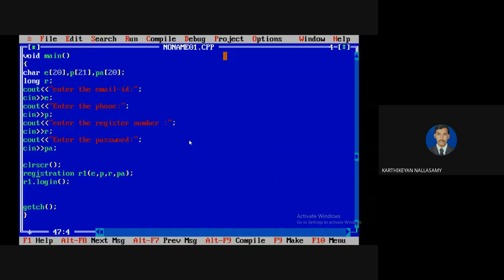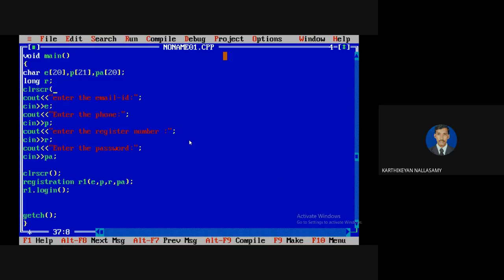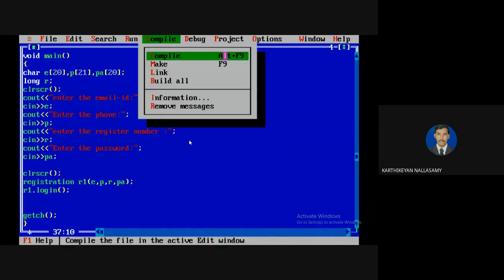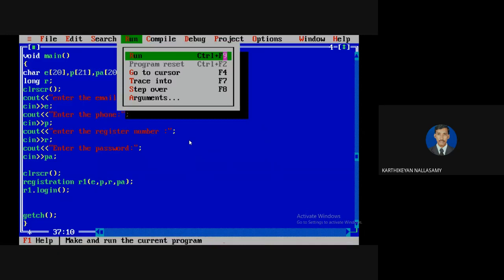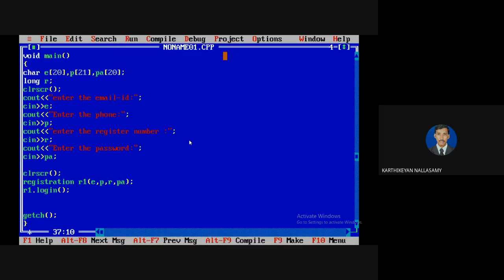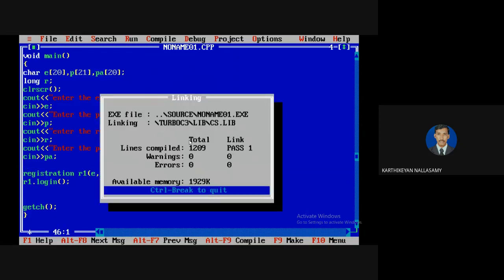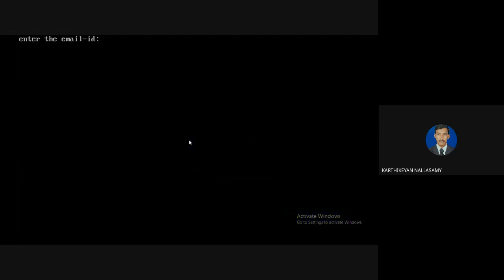Just a minute. I can use clear screen to clear the previous outputs, otherwise it causes more confusion. So I'm going to run this. The clear screen is here only. I'm asking for this for the registration purpose. It means assume that this window has a GUI.